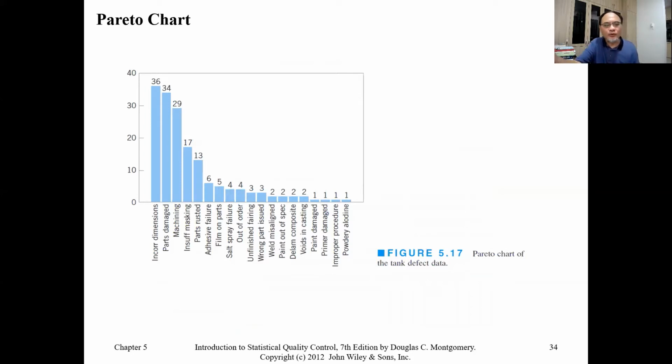From that check sheet, we can determine the highest to the lowest. So the Pareto chart is ranking the highest frequency of occurrences of types of defects,